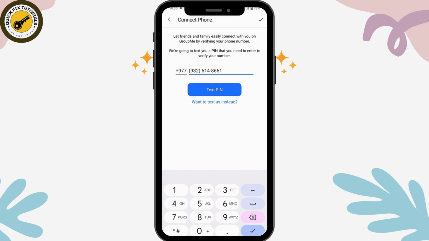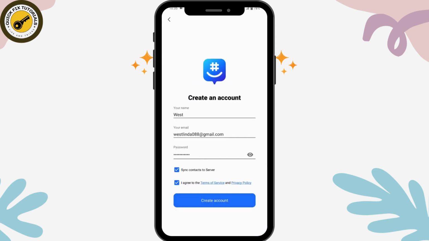So once you receive the code, you can simply enter the code or the PIN, and once you enter the PIN or the code, you will be ready to use your account. Your account will be created. So that's it. That's how you create your account on